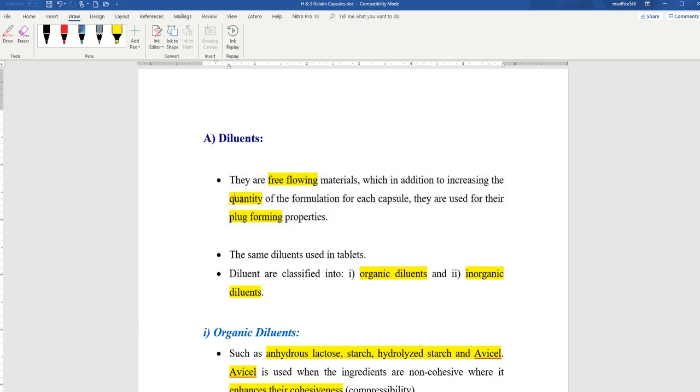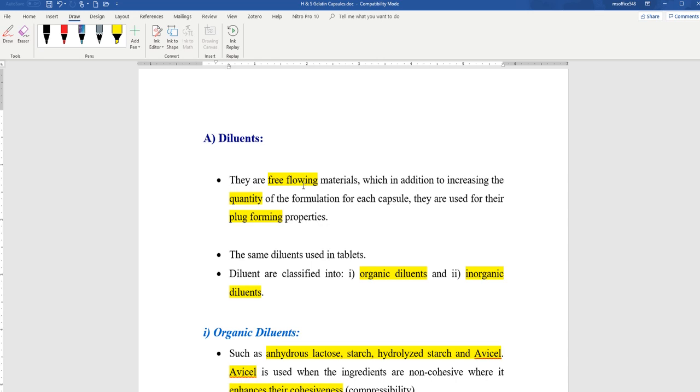Number 3, because diluents are usually added in larger quantities compared to the drug and other excipients, and because they are free flowing, they will improve the flowability of the formulation. That's good. Okay,